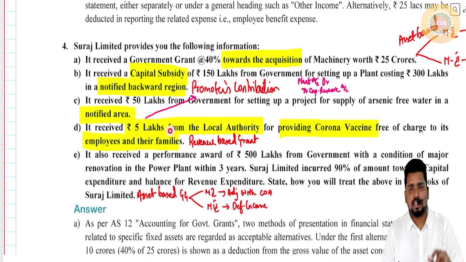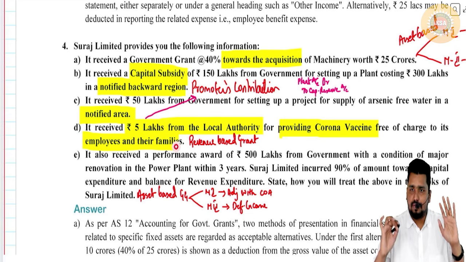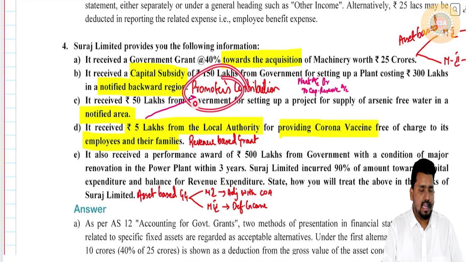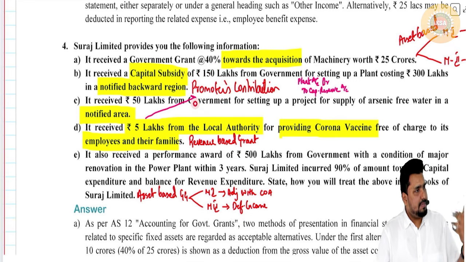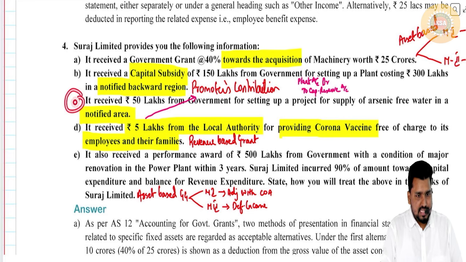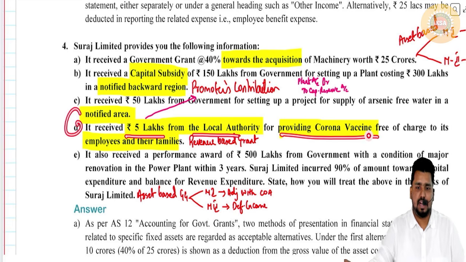Clear? Sometimes if you see certain answers, they will write this also. Alternately, asset based, that also they will write. You play safely. You write this as well as: had it been treated as asset based grant, it can also be adjusted, and method 1 and method 2 can be followed. If you see this answer, both will be there. Clear? Next, it is 5 lakhs from local authority for providing